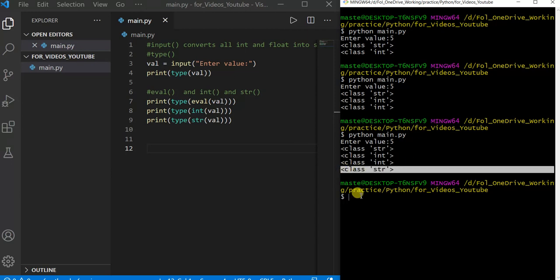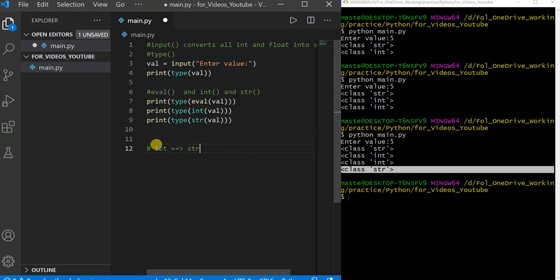Now this is very tough to understand, but please understand one thing. This is the commenting style. Okay, so you can make an integer into a string,